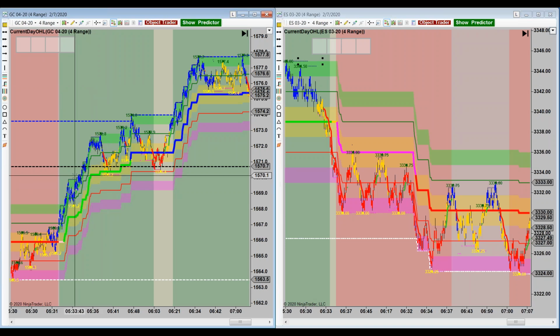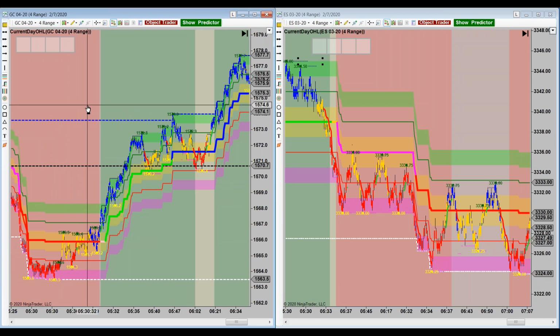What we do is we trade retracements. So in order to have a retracement, you have to have a trend. So let's look at some early morning setups on these 2 charts. Here you can see at 5:30 on gold and 5:30 on ES,